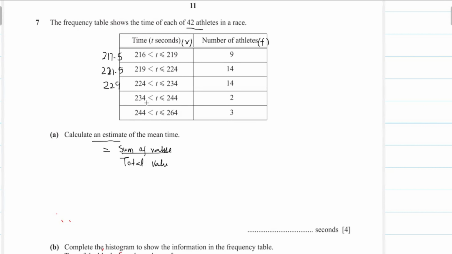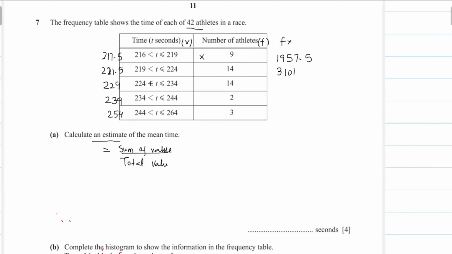And next value 234 plus 244 divided by 2, this value will be equal to 239. And next is 244 plus 264 divided by 2, this value will be equal to 254. Now we multiply this class mark to frequency. 9 multiplied by 17.5, this value will be equal to 1957.5. And next 221.5 multiply 14, we get